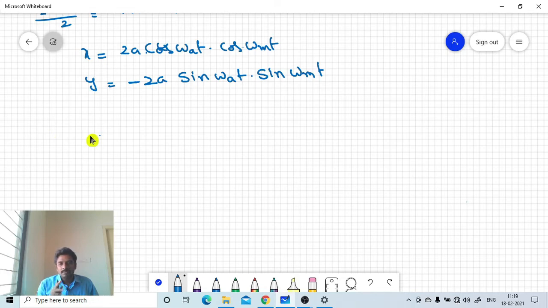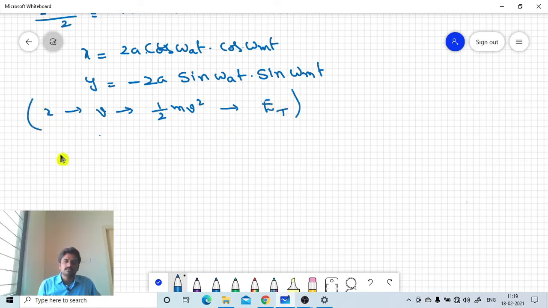So in the present case we got the individual displacement of the body. Why are we going to the displacement of the body? If we know the displacement we will get the velocity. If we know the velocity we will get the kinetic energy with the help of half mv square. If we know the velocity we can add both, then we will get the total energy E total. For this target we are moving towards this.